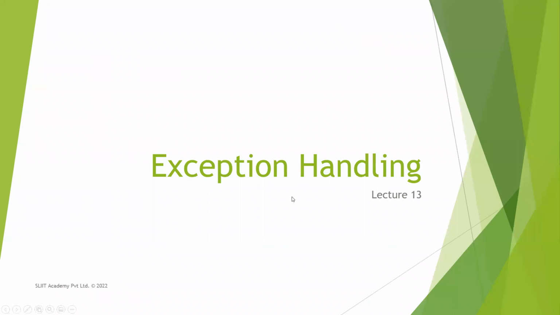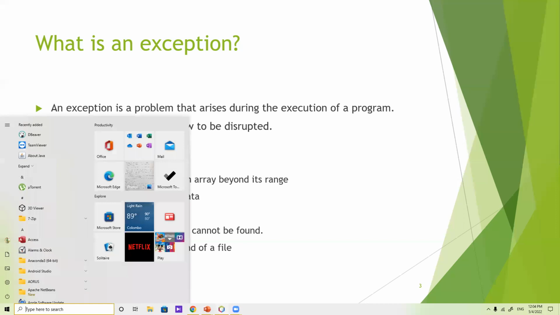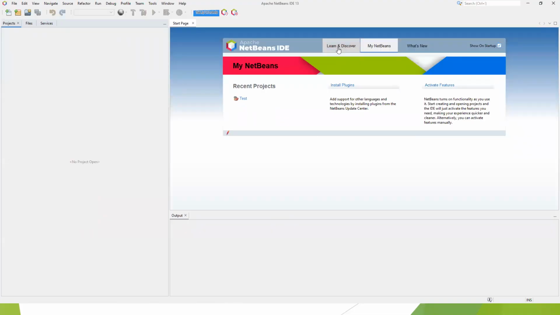So let's start the exception handling lecture, which is lecture number 13, the final one. Let's try to understand what an error is. We call it an exception. This is actually a runtime problem. The problems that you have seen so far,